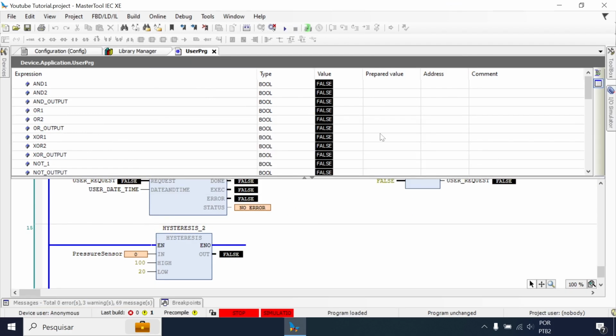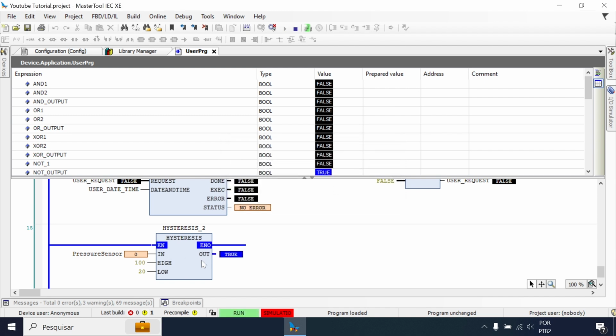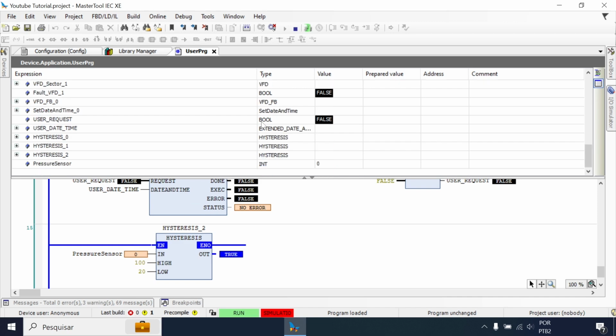Okay, so what's going to happen when I start the program? You can see here that my pressure sensor is actually 0. So my input is lower than my low limit, so my output is going to be true. So let's see. I'm going to start this, and you can see here that my output is true. My input is lower than my low limit. So if I keep increasing my pressure sensor, like 5, it is still lower than 20, so my output is